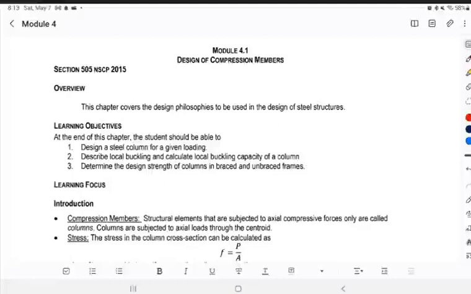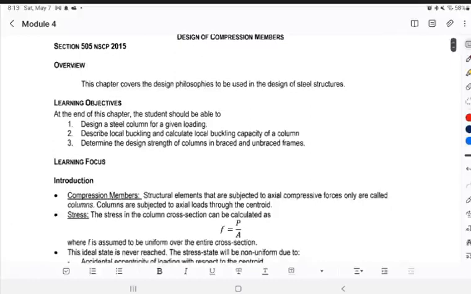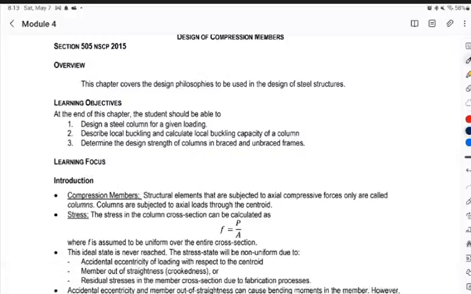Compression members. The most basic compression member we know is the column. That is why this chapter seems to concentrate so much on columns, which is also true of the other members. But if you remember your structural theory,